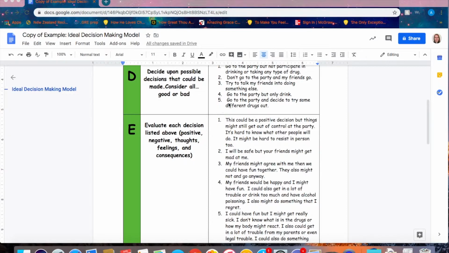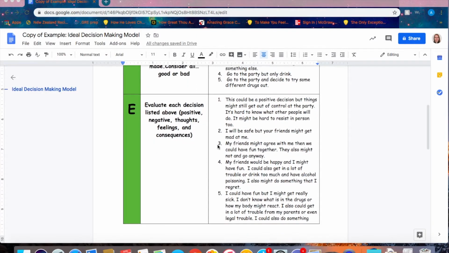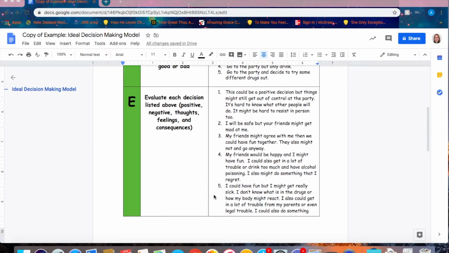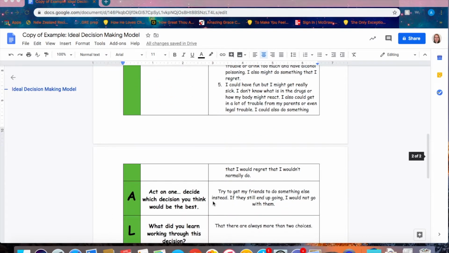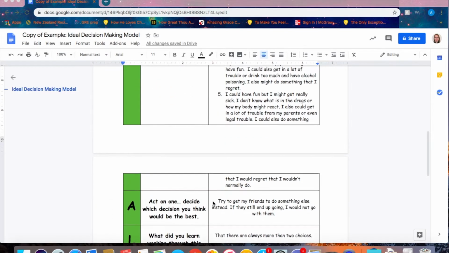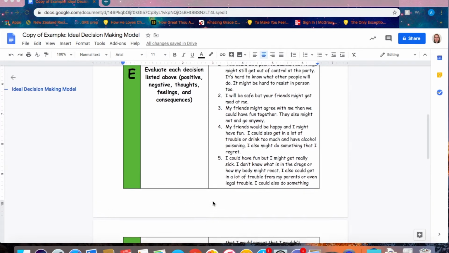And then number 5, go to the party and decide to try some different drugs out. So for the thoughts, I could have fun, but I might get really sick. I don't know what is in the drugs or how my body might react. I also could get in a lot of trouble from my parents or even legal trouble. I could also do something that I would regret that I wouldn't normally do. So those are the thoughts about